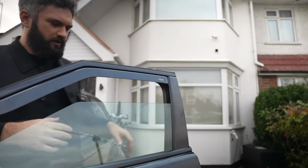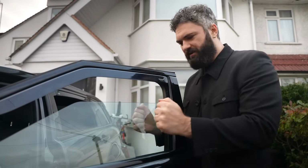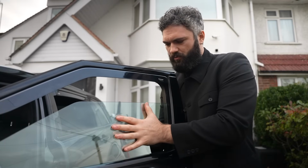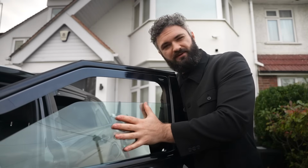Perfect. If for whatever reason you're still struggling to get the window up and you have someone to help you, the best way they can assist is by placing both their hands either side of the glass like this and just gently push up on the window whilst you operate the switch. Now please do bear in mind, only push up on the window whilst the button is being pressed inside the